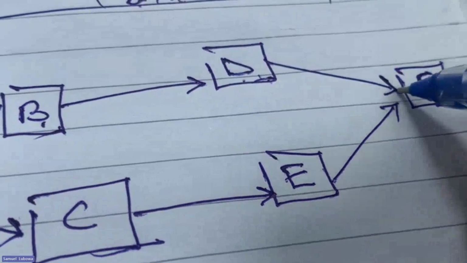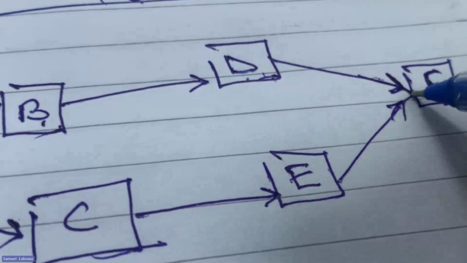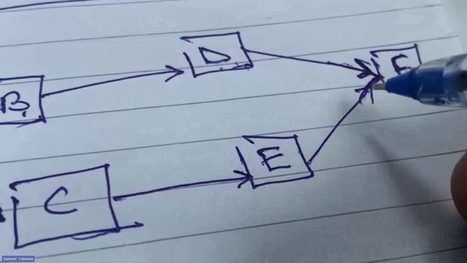But this is not allowed. So normally we join these. We cannot have two ending points, as you will see. So we have to go on actually to plot our